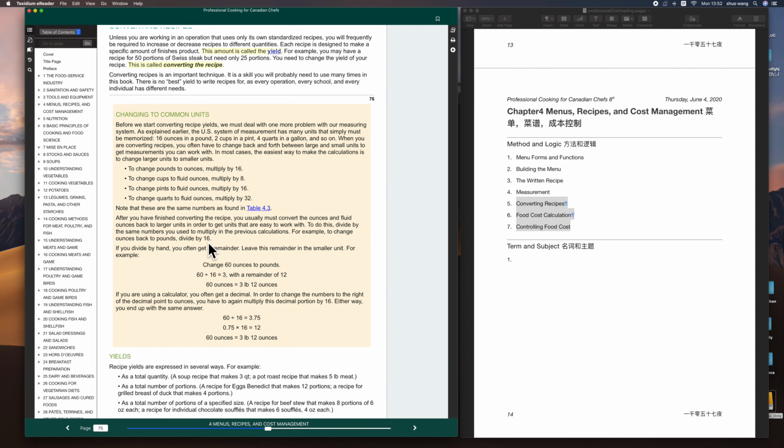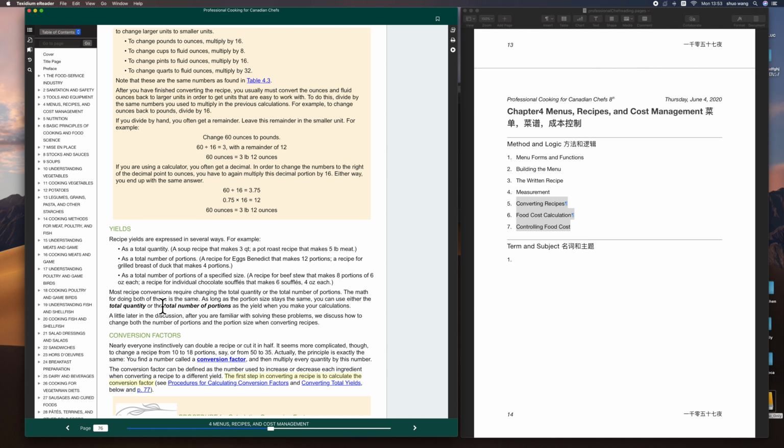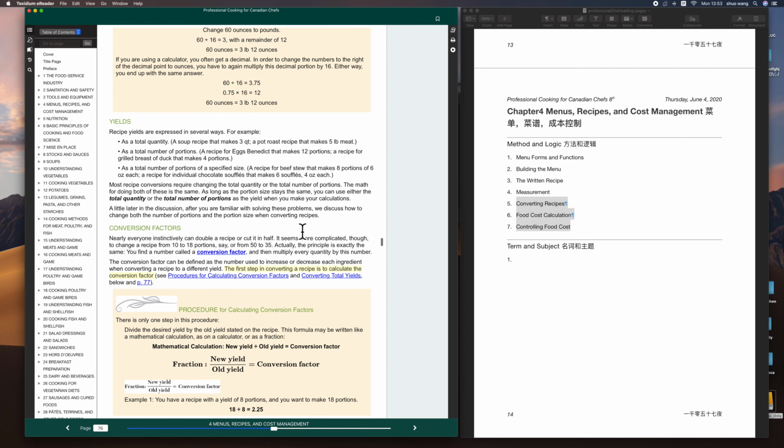If you are using a calculator, you often get a decimal. In order to change the numbers to the right of the decimal point to ounces, you have to again multiply this decimal portion by 16. Either way, you end up with the same answer. 因为在厨房里面会有一些工具，它的刻度是按盎司或者按磅来标的，所以如果你要比如说 3.75磅，实际上不如3磅12盎司在刻度上更明显，更方便读。